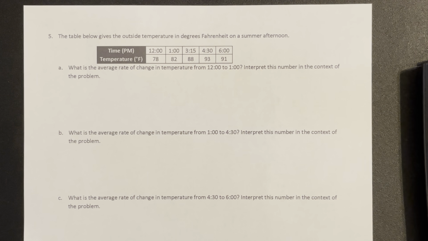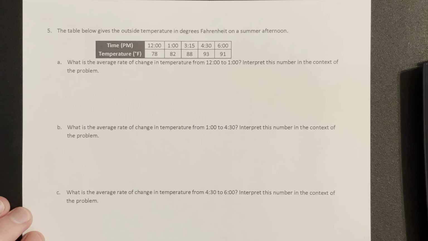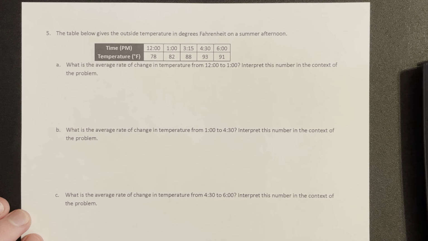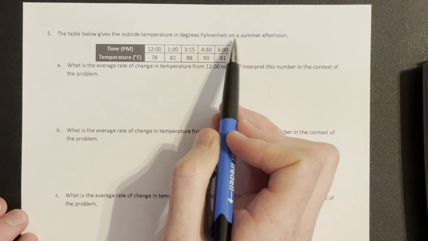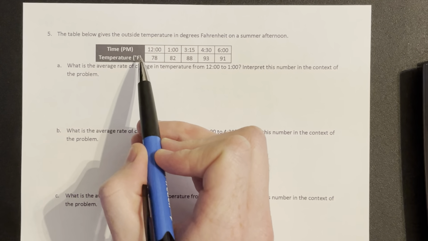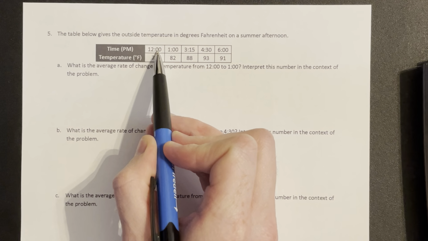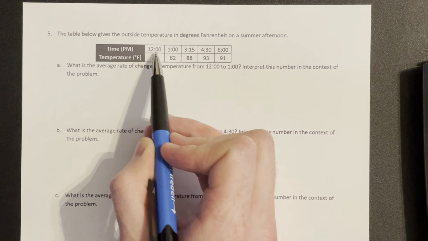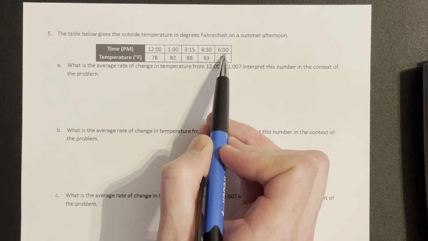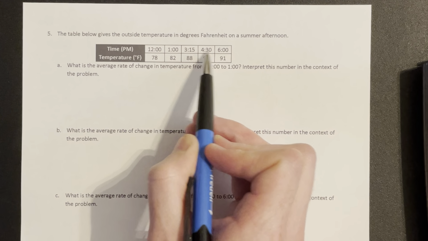I do want to take a moment to look at one of the harder problems in the lab manual. What we see is a word problem about time, and it says the temperature in degrees Fahrenheit over a summer afternoon. But when we look at the timetable, we're looking at 12 p.m., which is noon, 1 p.m., 3:15, 4:30. All of these x values are not going to be able to be used in the way they are